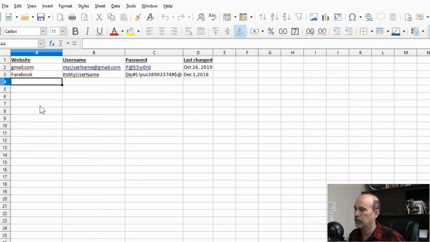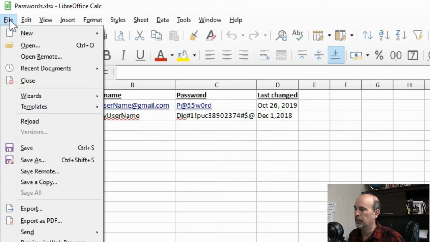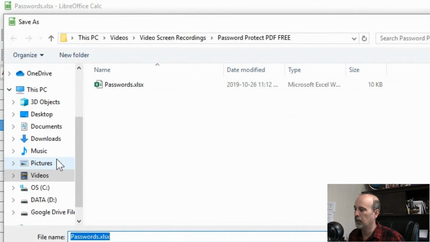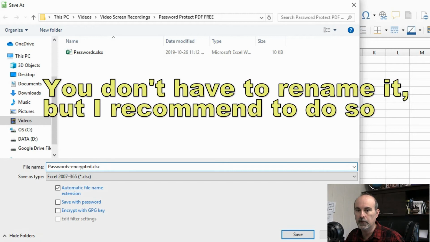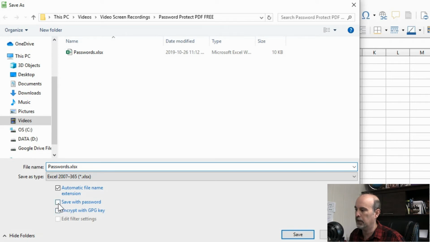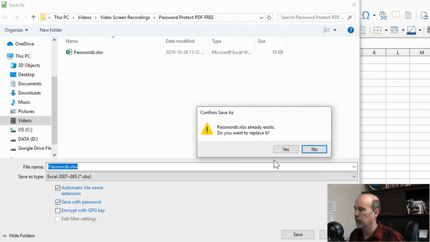So I got my Excel sheet, file, save as, rename the file, because I believe you have to rename it anyway. You can't, let's just try it again, because I believe when I tried it before you can't do that. So save with a password, save.